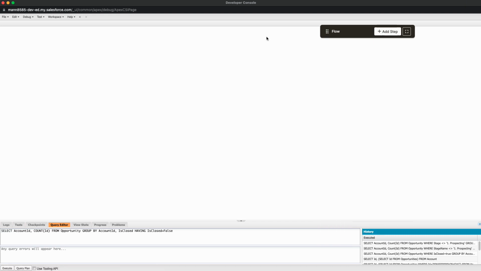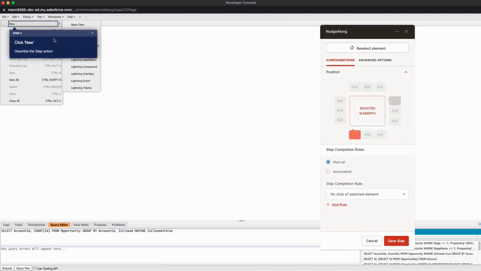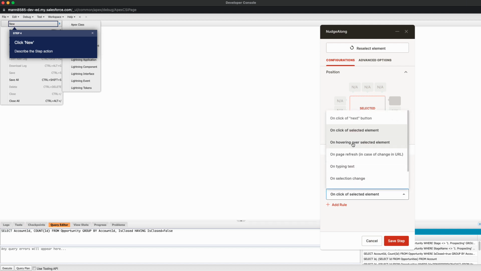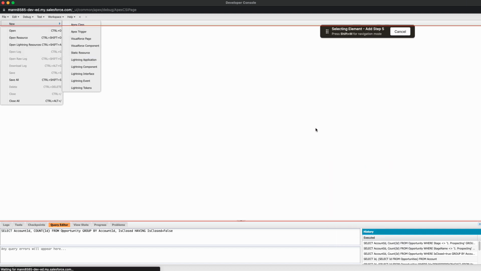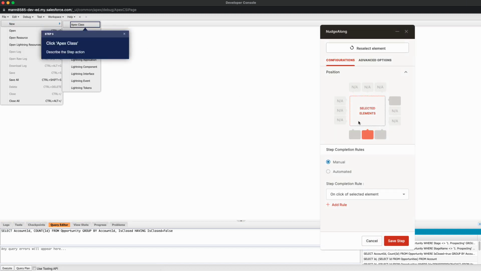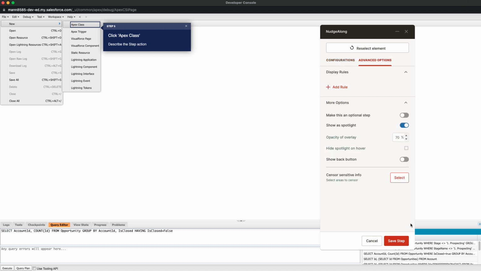Then let's actually minimize this again. Now I want our users to hover over this new option. So let's click on this new, and in step completion rule, this time let's select hovering over selected element. So as soon as the user hovers over the new button, the step should be marked as complete. So let's save this one. Now let's add another step, and this time it should be Apex class. I think all the options are correct, but I want to position it on the right. Let's save this step, and make it a spotlight again,